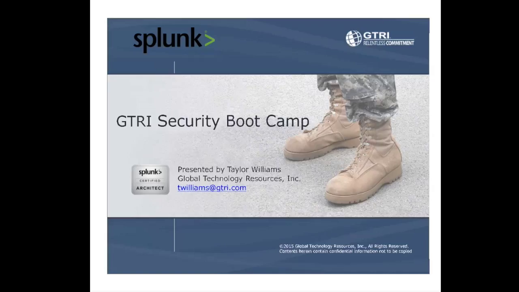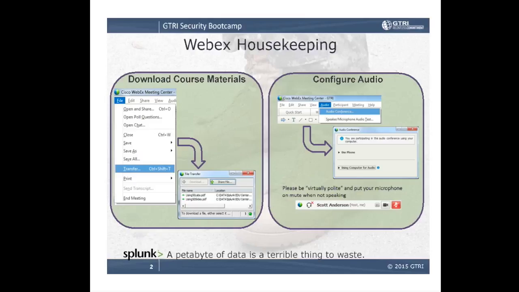I'm just going to go ahead and dig right into this. A little bit of WebEx housekeeping to start everything off. Hopefully when you joined in, you were presented with a file transfer window. That should include both the presentation today, your labs, and the lab answers, as well as your user logins for the labs. I think Chris mentioned that we are using a different server today than normal. If there have been other people that have logged into our other boot camps, we usually use